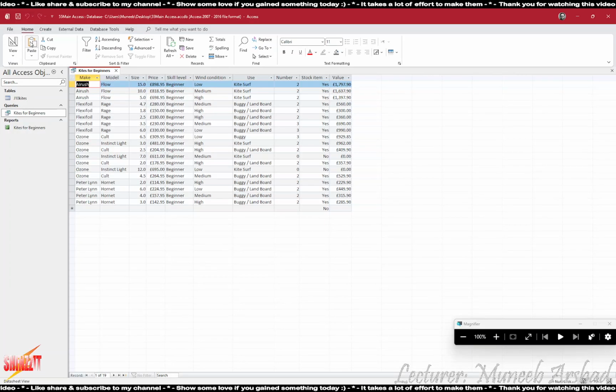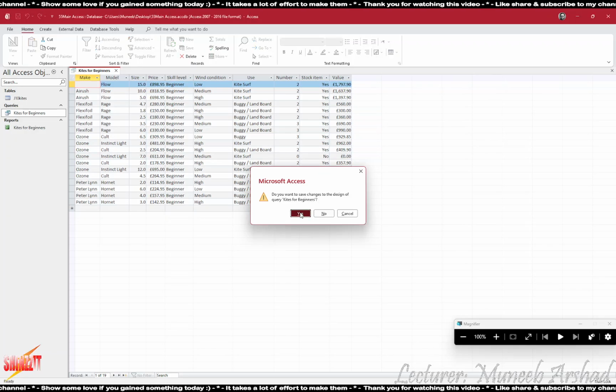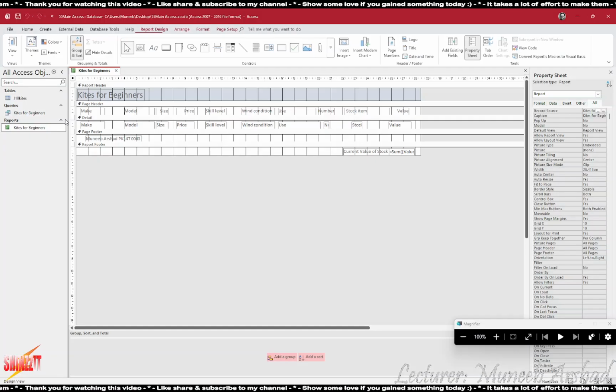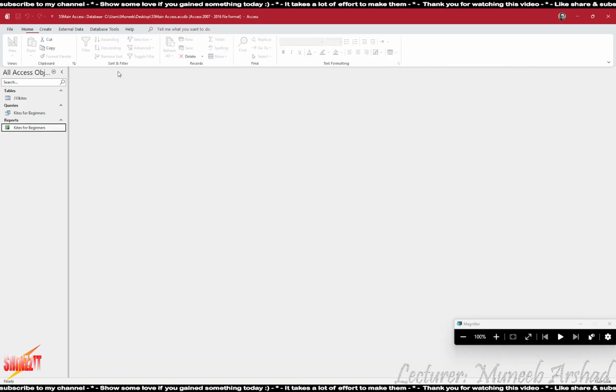We click on run, airbrush at the top, close it, save changes, open this, and where is that make? This got affected because I removed the field and added it again.